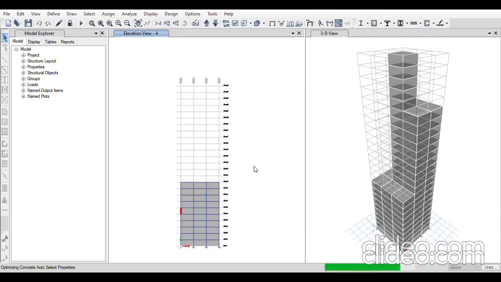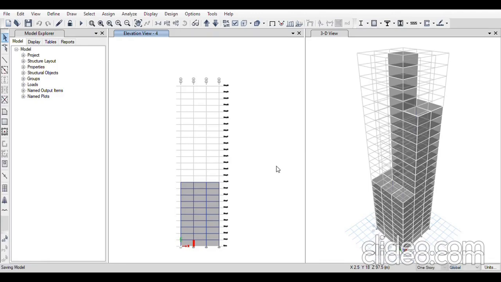As we have given auto select, if there is any failure of the beams, it will automatically change the properties of the beam by changing the dimensions of the columns which we have already specified. Analysis has been done and 641 concrete frames have failed.